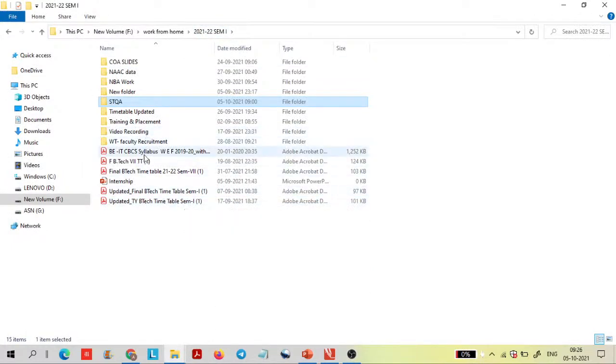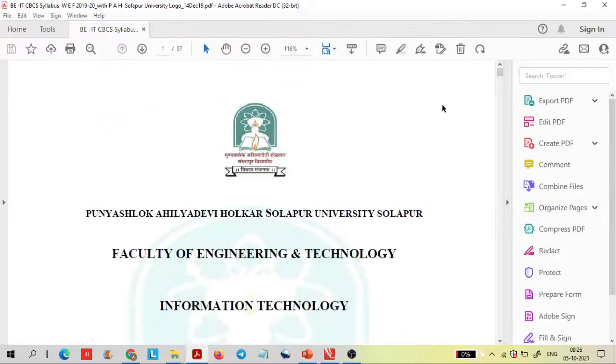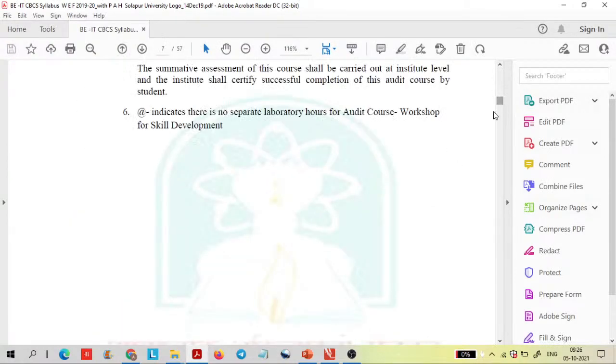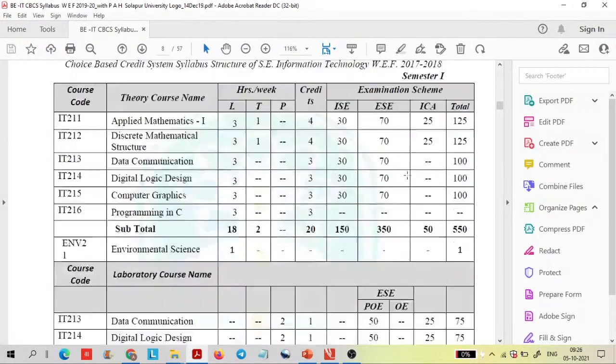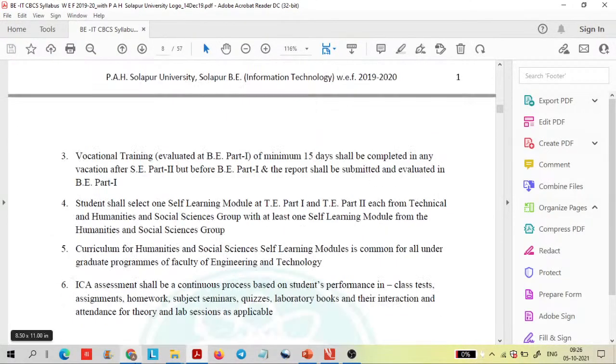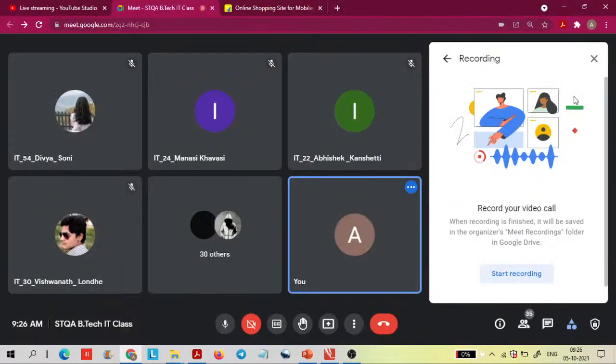So this sixth chapter, the fifth chapter, is completely based upon how you can make a plan for the testing, how you can